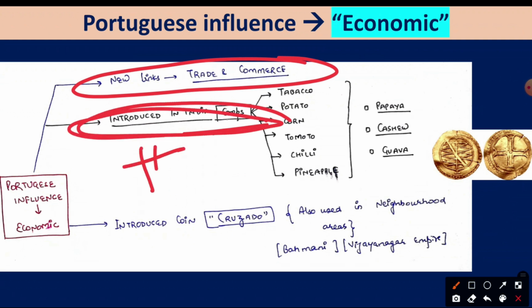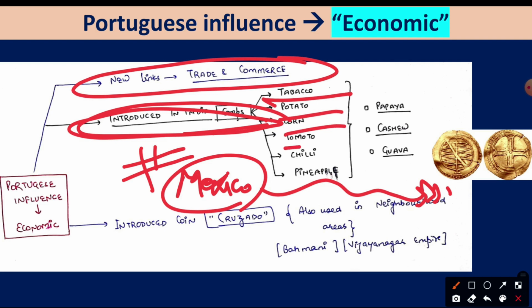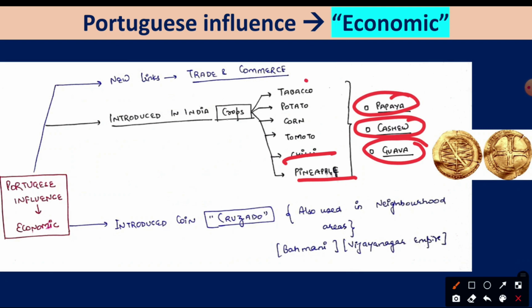They introduced a lot of cash crops because they also had empires in Latin America. So from Latin America, from Mexico, a lot of things have come to India. Tomato, potato, corn, tobacco, chili, pineapple, papaya, cashew, guava. All these things have come into India